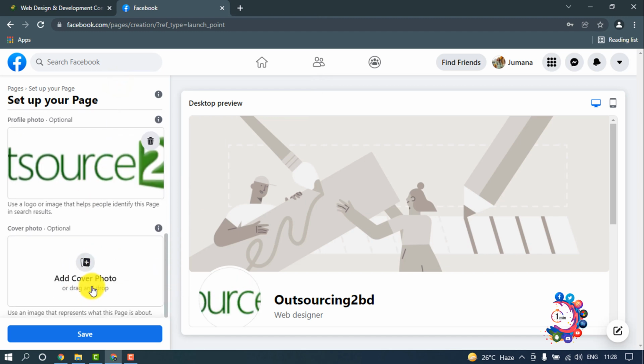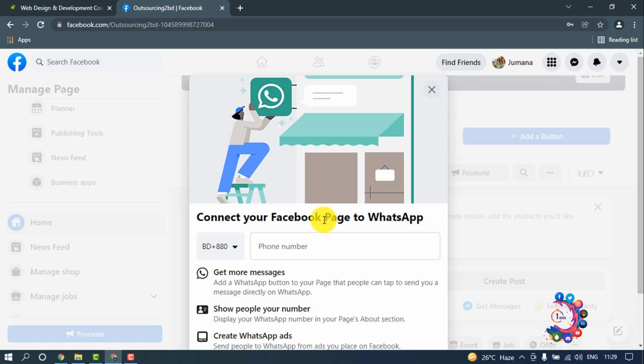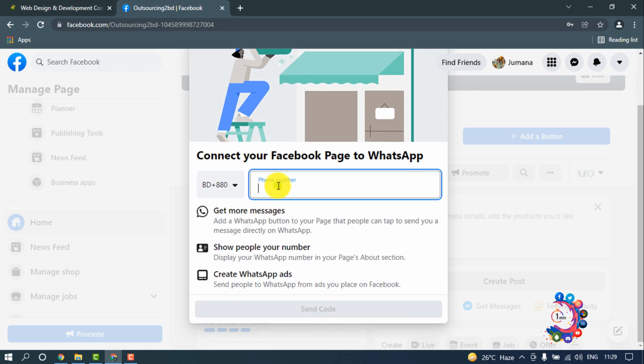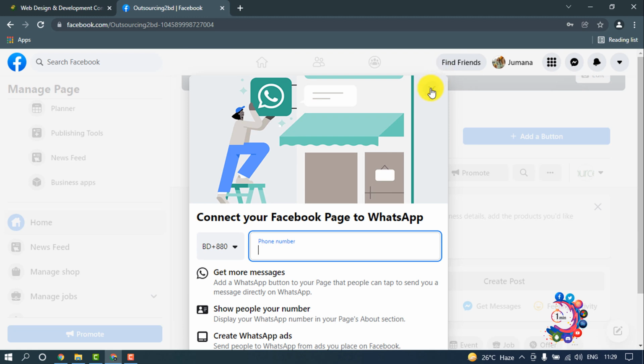And here you can upload your page cover photo. I'm skipping it for now. I'm clicking on save. Connect your Facebook page to WhatsApp. You can directly connect your WhatsApp account to your Facebook page, but right now I'm skipping this, so I'm clicking on this cross icon here,